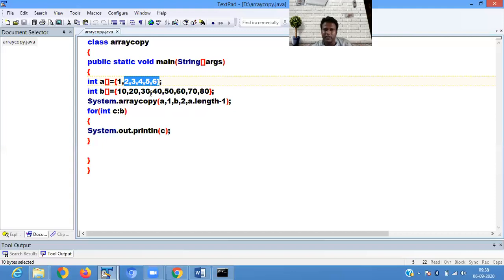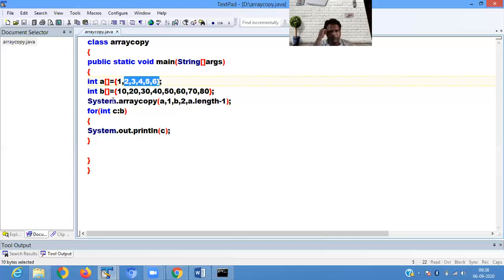So all these elements are stored where? Now these elements are stored from which position? In the B array at location 2, 0, 1, 2. So here we have to paste. Then what is your resultant? 10, 20, 2, 3, 4, 5, 6, then 70 and 80.